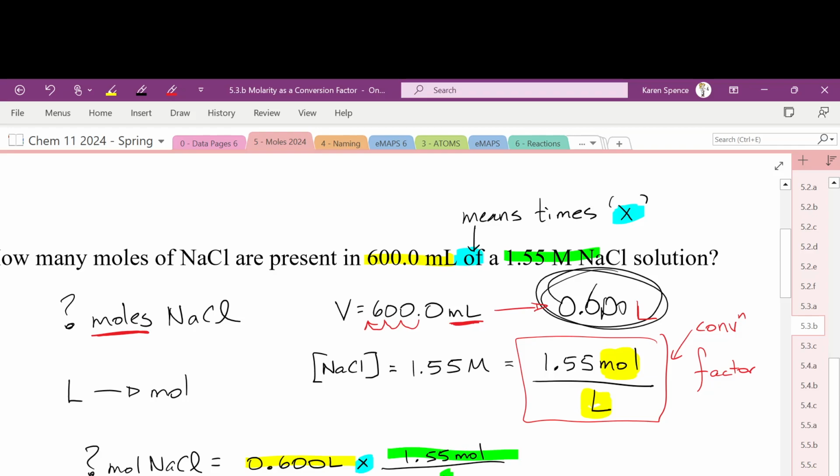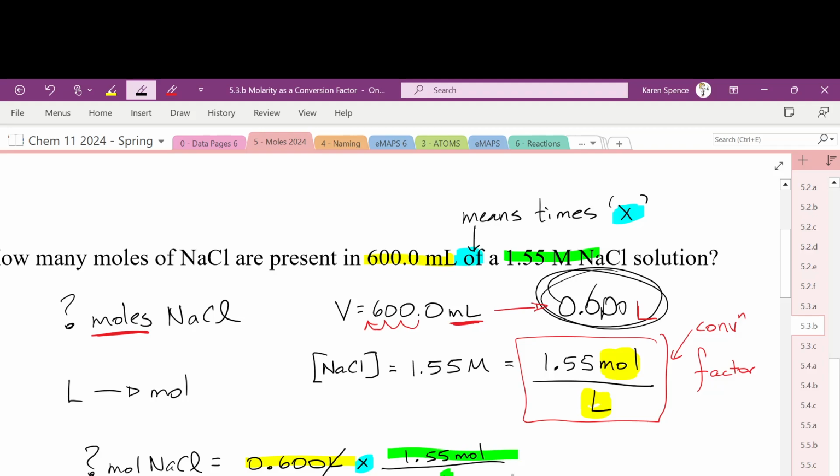Isn't that nice? So the question actually tells you exactly what to do. It says, take 600 milliliters and multiply it by 1.55 molar. The only thing is you need to make sure you're in liters and you've written it as moles per liter first. But this is a beautiful thing about molarity problems, you can often solve them this way. It's really nice because it literally tells you multiply 600 milliliters by 1.55 molar because of means times. At any rate, we do that. We get 0.6 times 1.55 equals, and we get